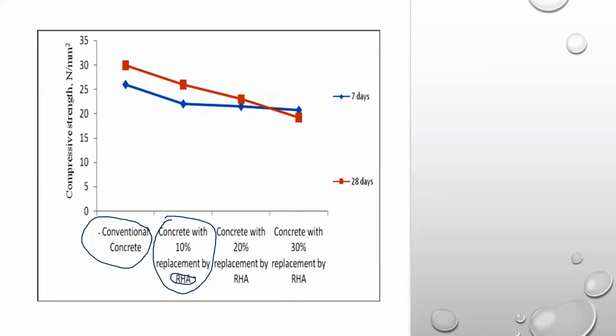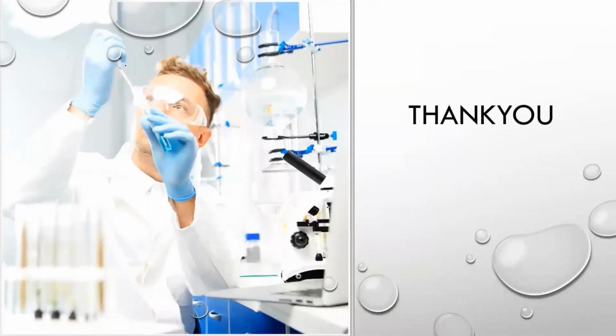They made 2 cubes of conventional concrete, and 2 cubes for each of the other cases. Then they made this graph, and you can see that as the replacement occurs, the compressive strength is getting down, and the conventional concrete has the greatest compressive strength. Moving towards next, this is the graph for the report. This is just an example, and it's up to you how you make the graph more attractive and in different ways. And this is the end of my video.